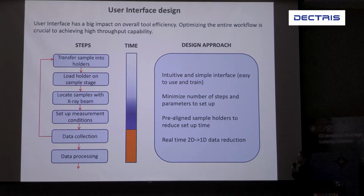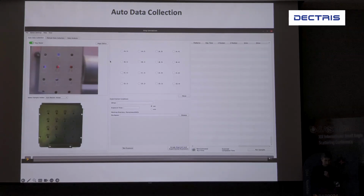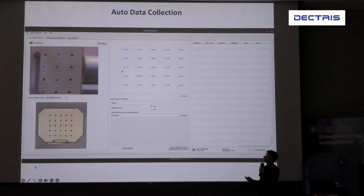So running a sample is actually very easy for any X-ray scattering experiment. However, making sense of the data and increasing the throughput is the challenge. So that's kind of what we've been doing at BioPacific. One of the first things I did was I coded a GUI to allow users to run their samples